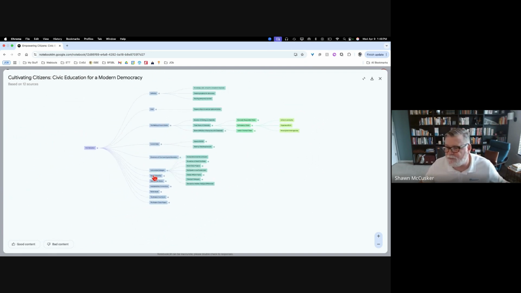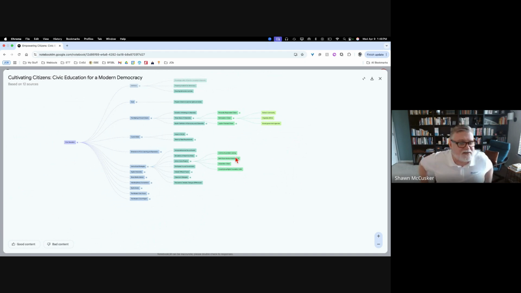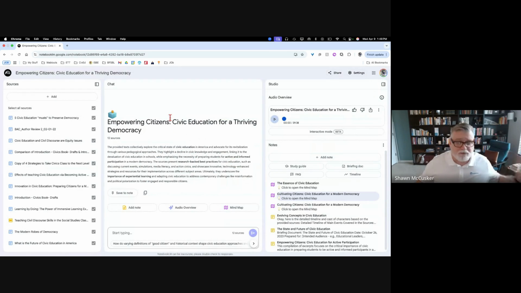So for students who have problems with language, if they want to structure things, this is a great way for them to structure their work. It's also really cool if they write an essay and they upload their essay and then ask the essay to be outlined using this. They'll get a sense of their structure and if it flows naturally, because if it doesn't, it's not going to make sense. So this feature that creates an outline is definitely something you should take a look at when you've uploaded some resources.